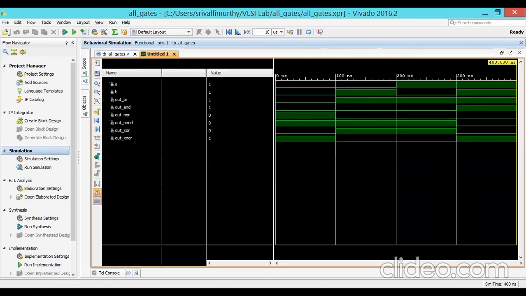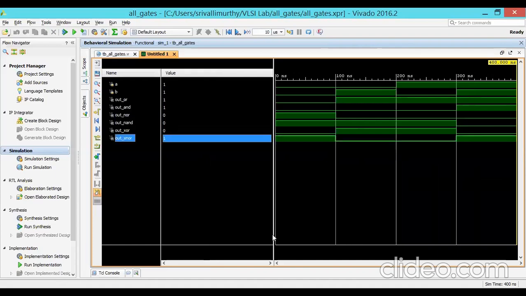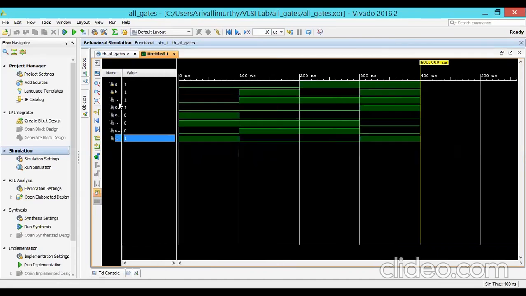Only the test bench signals are shown in the simulation.